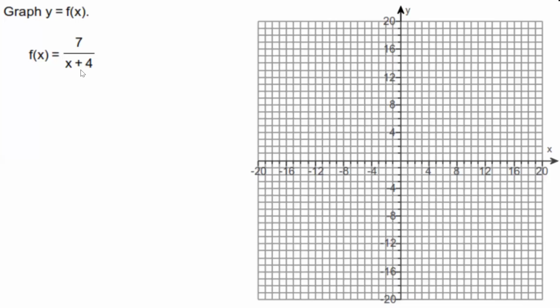All right, so this one's a little more complex because we have this rational expression we're doing. And so first things first, what is our domain? Well, our domain is going to be everything except x cannot equal negative 4, because if it's negative 4, what happens is we get a 0 here. So what we're going to do is make a dotted line at negative 4, or at least we're going to try,